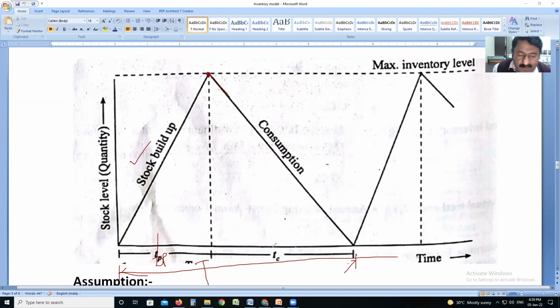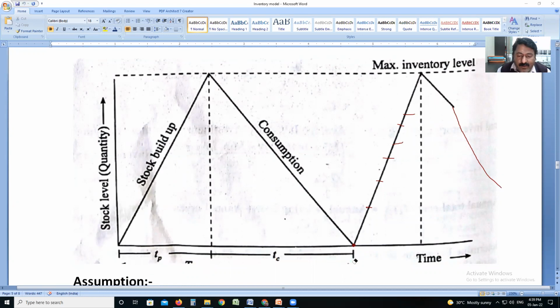And this is the total time T where there is consumption. Don't go for this; this is the total time. It is not the case that it is not consumed up to the building. So the built up is there and consumption is simultaneous. This is one cycle. Again, when it reaches this point, the continuous built up will be there, and after this, again the consumption will continue. So this model is nothing but the production model, where there is simultaneous stock built up, meaning stock creation or manufacturing, and the consumption is going hand in hand. So this is the brief about this model.